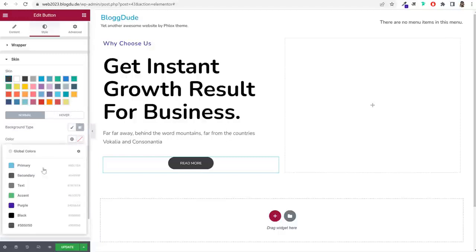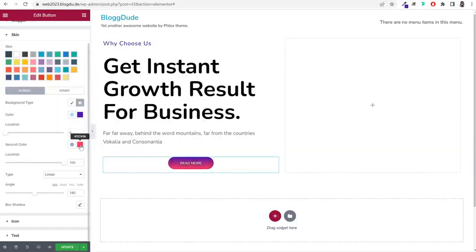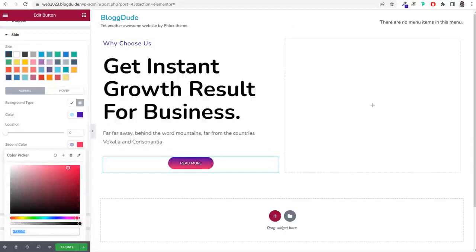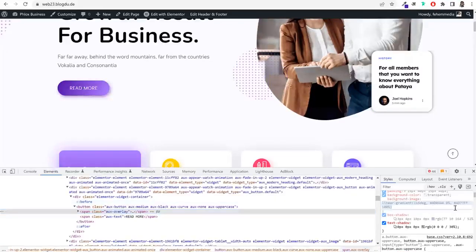For the first option, we want dark purple. Now you can see second color is already selected. We don't want this color. So for the second color, I want light shade of this color. So let me see if we can get this color code. Right click on the button, click on inspect. Yeah, this is the second color,